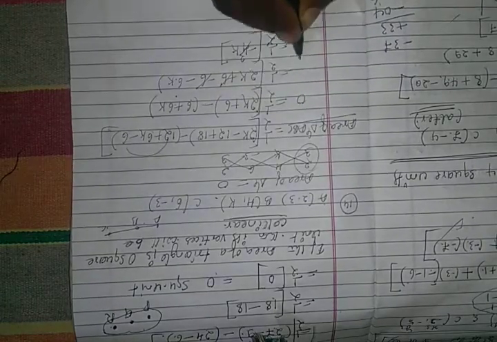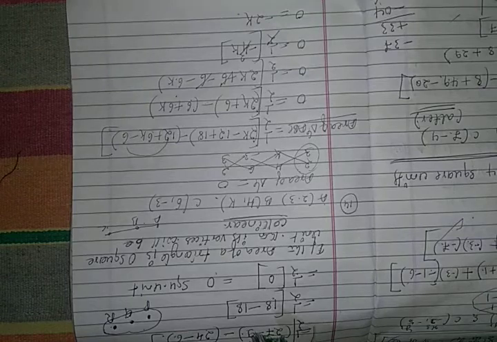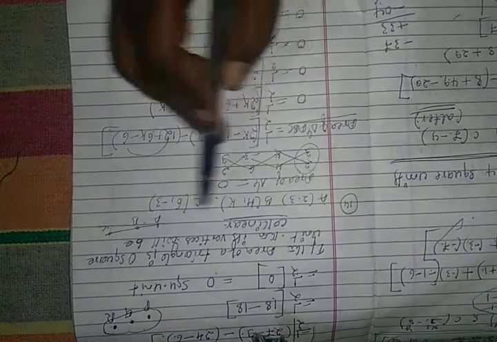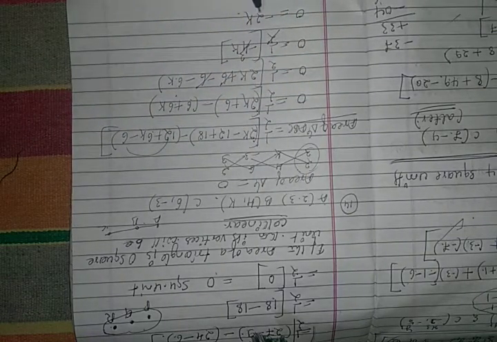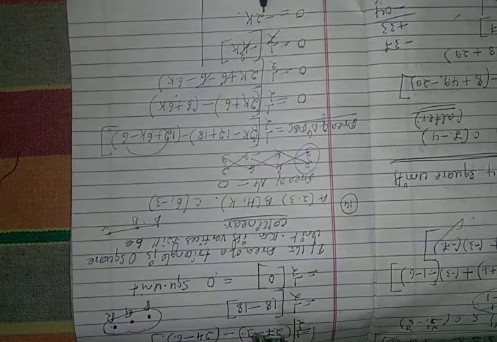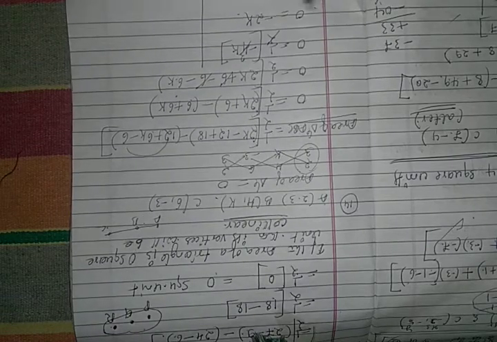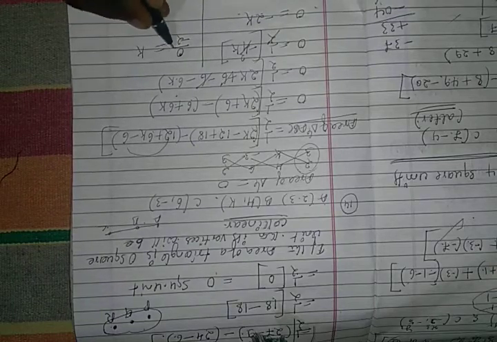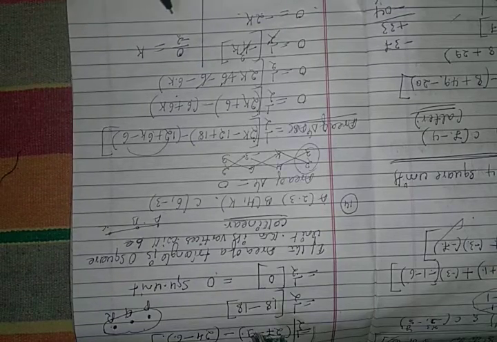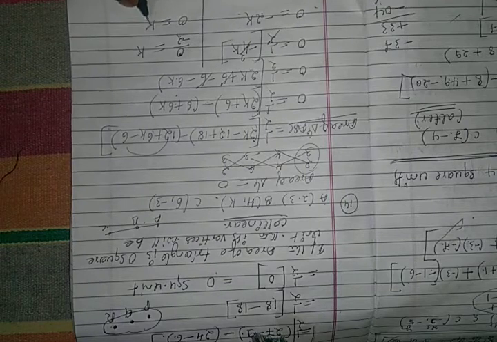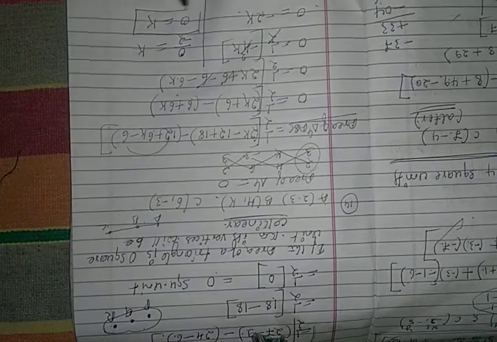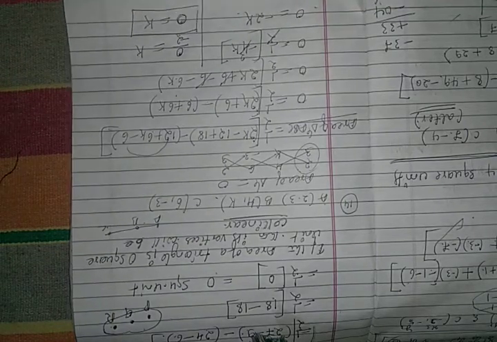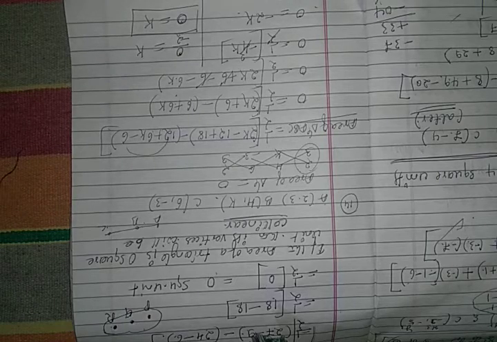So already you know that the area of the triangle is 0, because A, B, C are collinear. That is, we have to find out the value of K. The -2 is left, divided by -2, it is equal to K. 0 by anything is also 0. That is, K is equal to 0. The value of K is 0. This is a very important question.